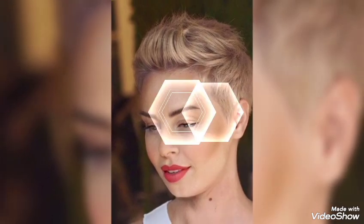Blonde color, burgundy color, light brown, dark brown, black color, grey color. Some ideas: funky colors, and so beautiful ideas of highlights in blonde color, in burgundy color, in funky colors,